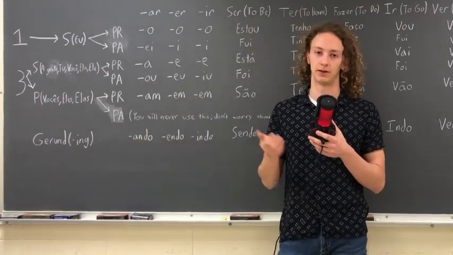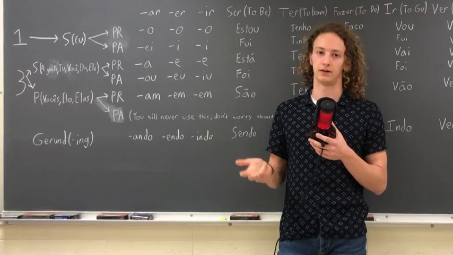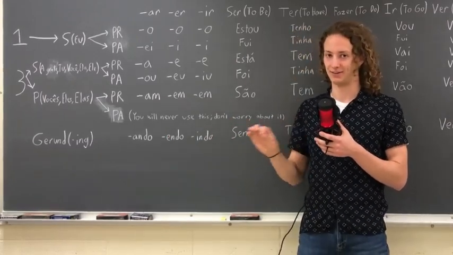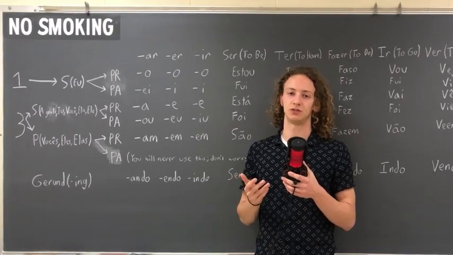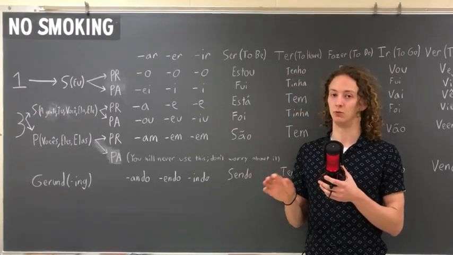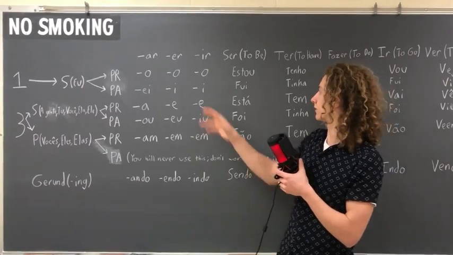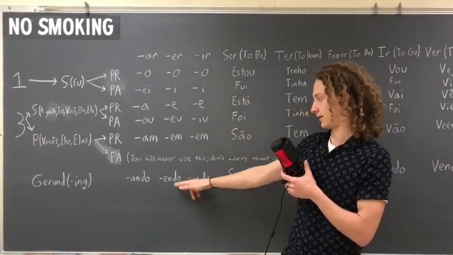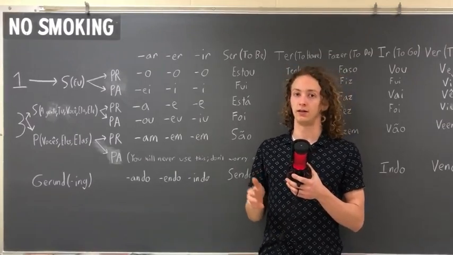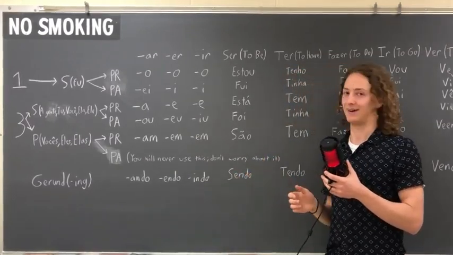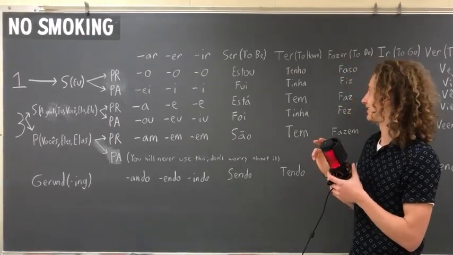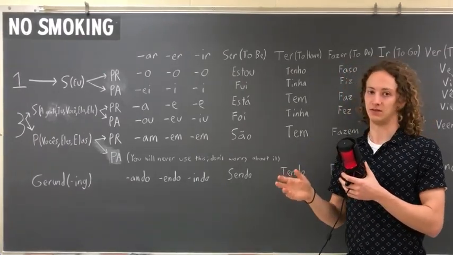So an example of this would be like running, walking, playing, writing, eating, what have you. The point is they all end in ing. So an example sentence could be, I am running, right? Correr is the verb to run in Portuguese. So I would look for the er, go all the way down, and I see that it ends in endo. So I would say, eu estou correndo. And I know it's estou, I almost said porque, because I am is to be.